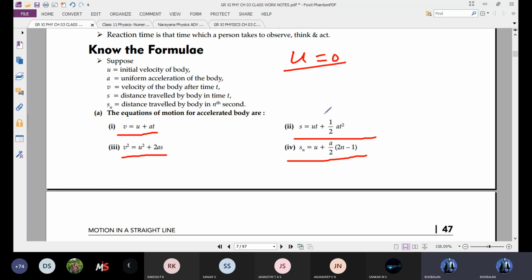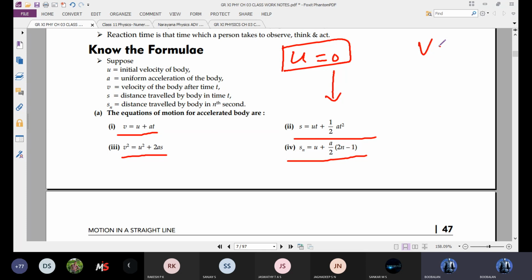Listen everyone. So anything falling down, drop, falling down, in this situation the u value is 0. Falling down, another one, drop. So in these two words, it means initial velocity 0. And start from: a bike starts from, a car starts. So starting onwards, what is the velocity? It is 0 velocity, 0 meter per second.